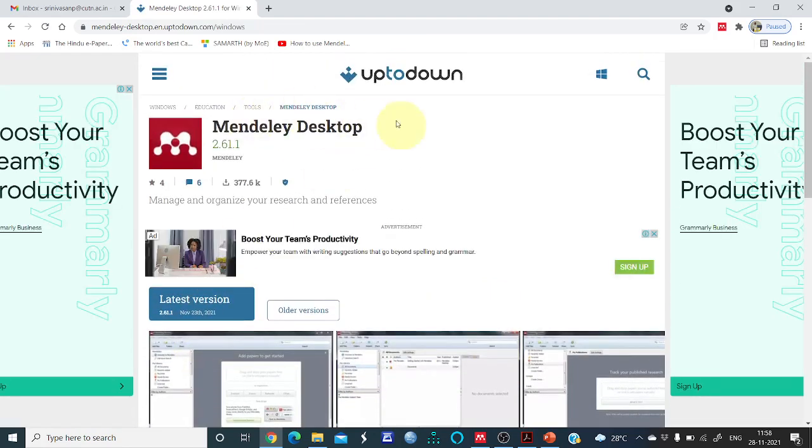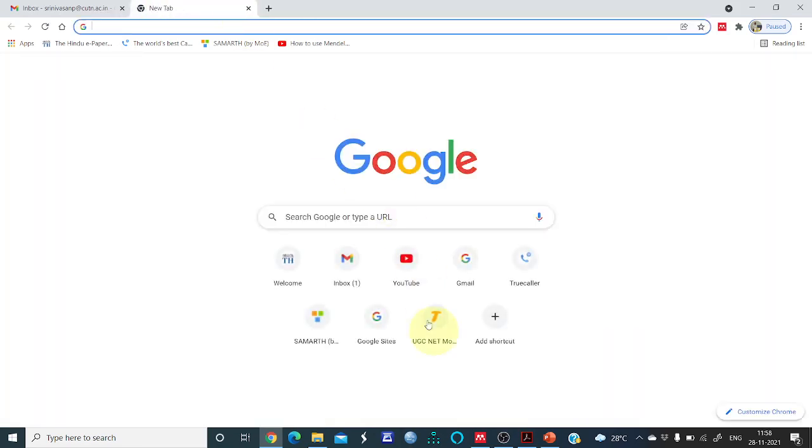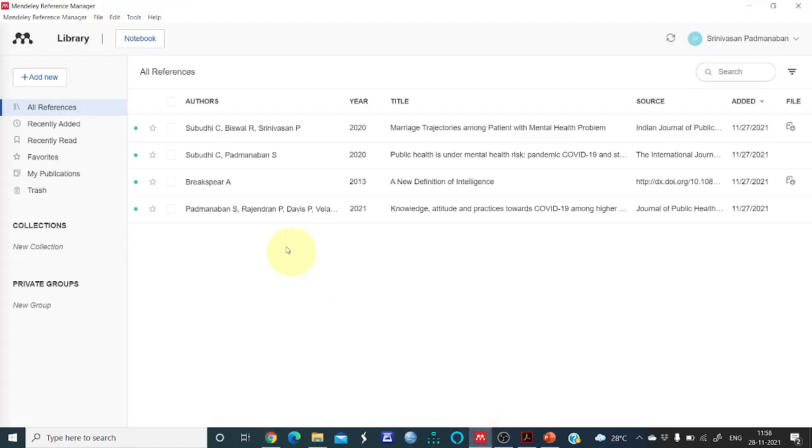There we can see Mendeley Desktop for Windows. So here we have to click 2.61.1, and that will be installed on your desktop or laptop, whatever we are using. Here I have installed, therefore I'll go to it. I have installed, and also I have signed in.